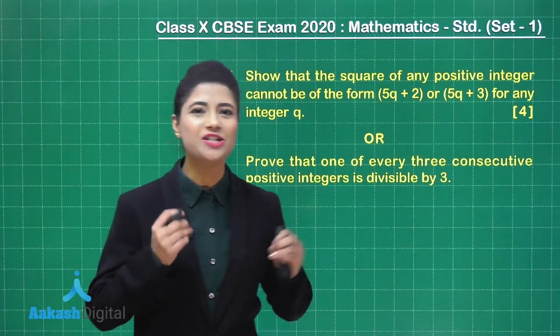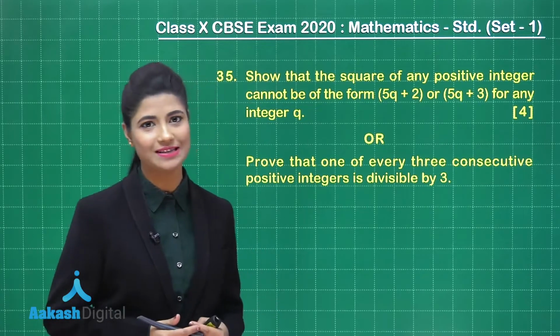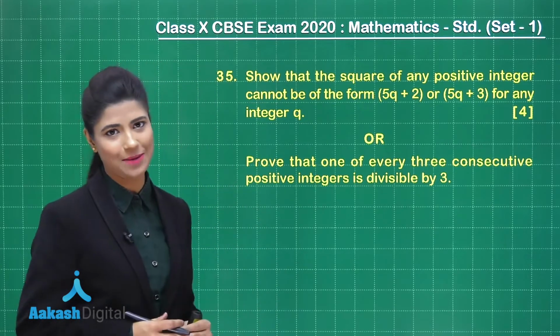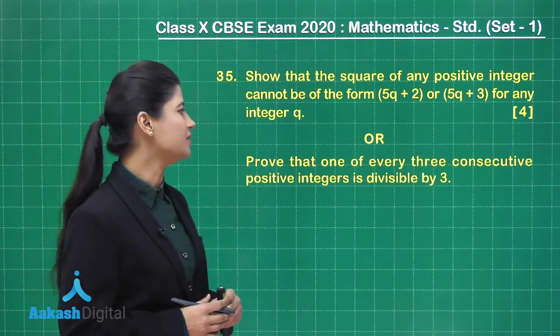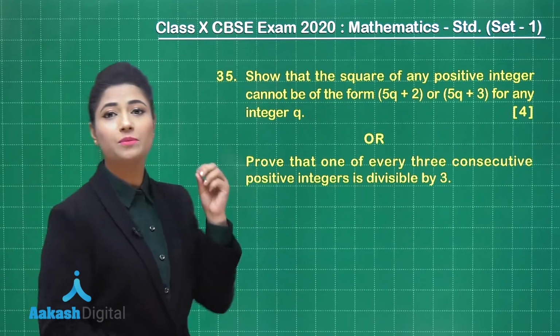Now let's discuss question number 35. This is the first question of section D, which contains 4-marker questions. That means here we have long answer type questions. In this question number 35, we have got two choices where both of them are from the chapter of real